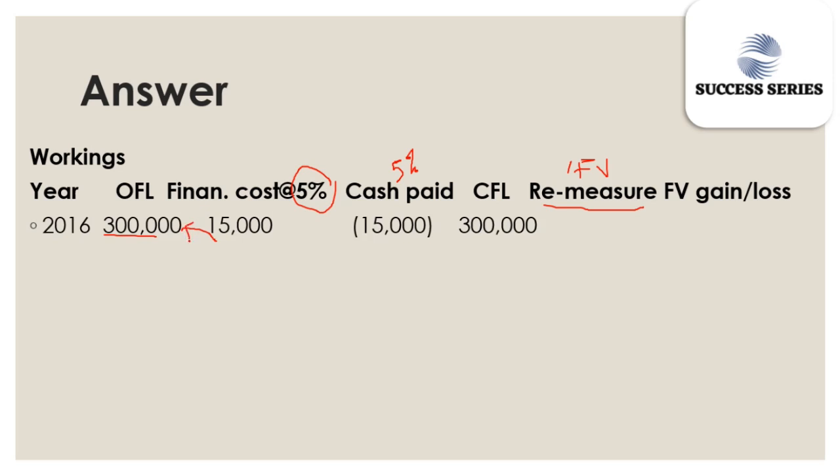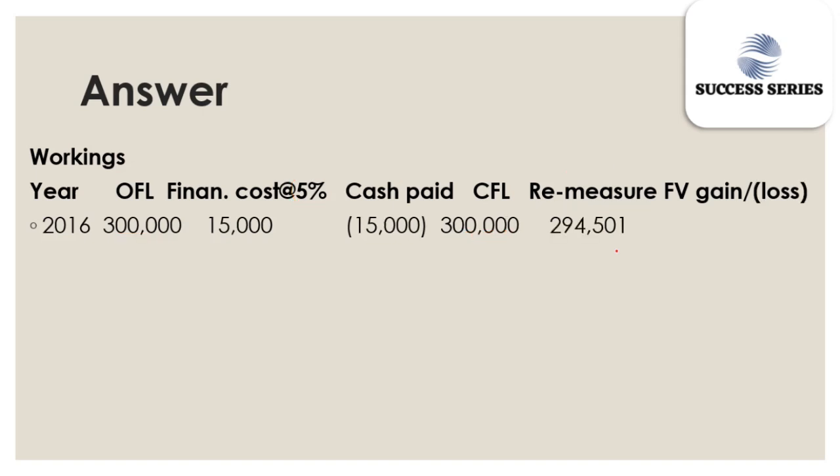Then the cash paid as well, we have to calculate 5% on the nominal. Bear in mind that cash paid is always calculated on the nominal. So you have to always calculate it on the nominal. So the nominal too was still 300,000. So we calculate 5% on 300,000, which will also give you 15,000. That will make our closing still 300,000. Then we bring our remeasured value. Check in the question, we're given a remeasured value. So we have to bring our remeasured value. So our remeasured value per the question was